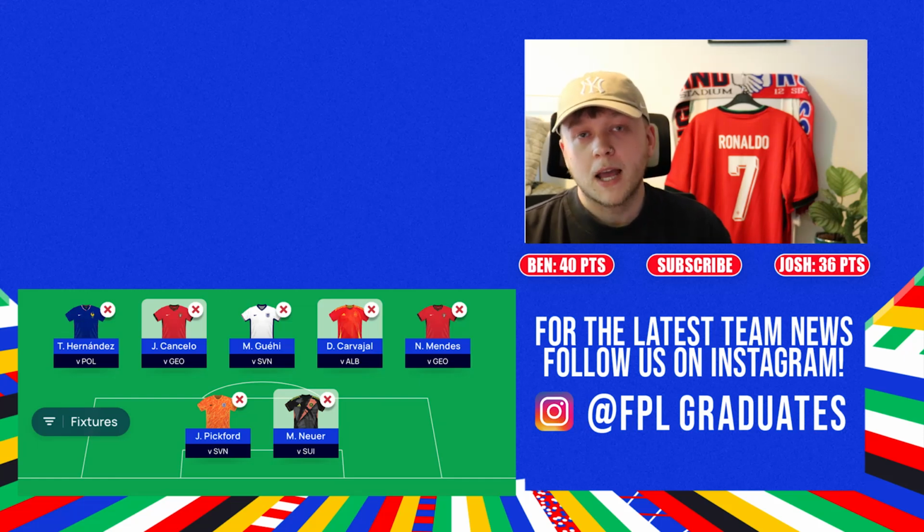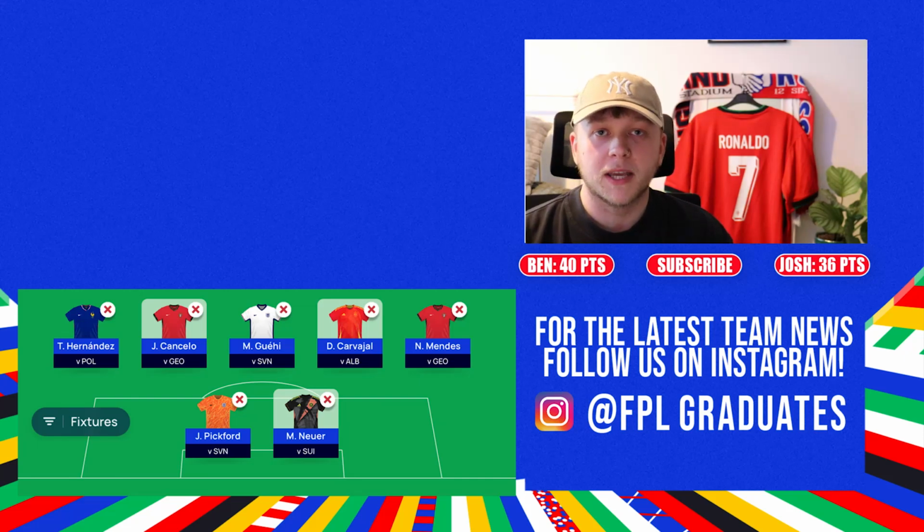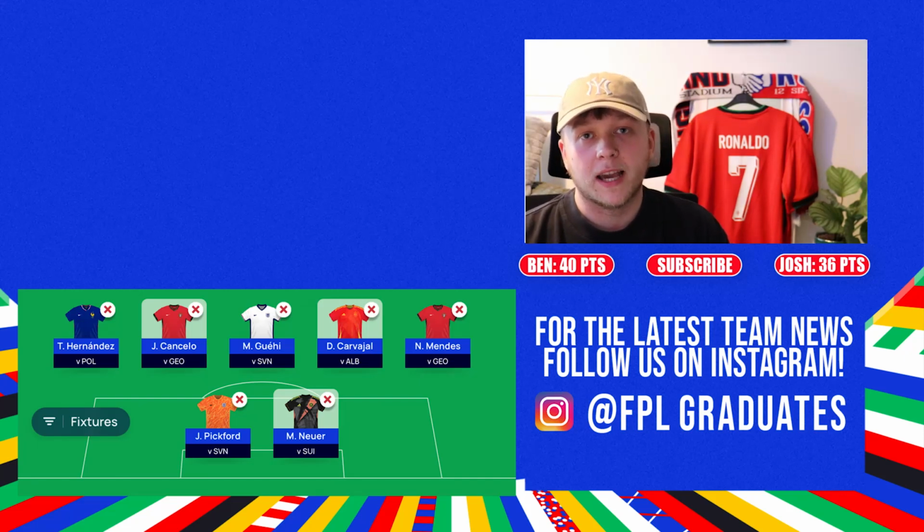which is why we move on to Mark Guéhi. Again, similar to Jordan Pickford, England do need to make a performance in that game. I don't see Guéhi coming out of that team. You could argue he's probably been England's player of the tournament so far, and why we're choosing him over the likes of maybe a Trippier or a Trent or even John Stones is because he's been picking up the most ball recoveries out of those defenders at the moment,